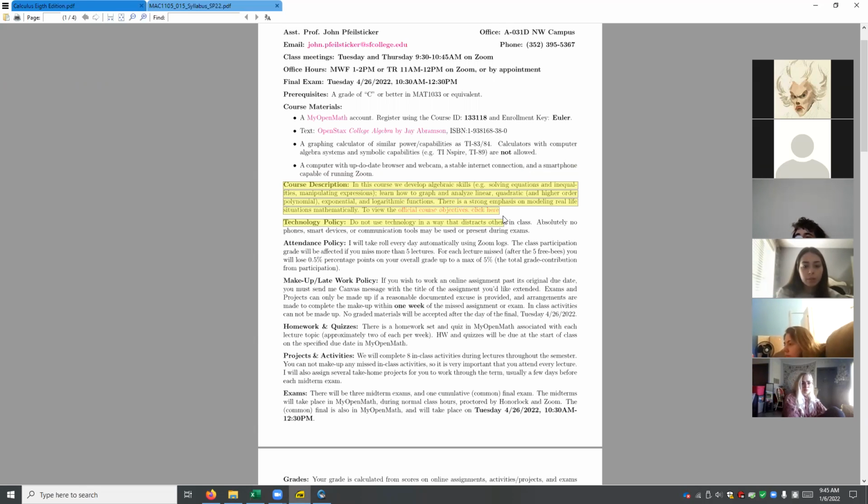Course description, it's an algebra class. We're going to learn algebra, right? We're going to study real numbers and functions of real numbers and applications of those functions. Specifically, I'm going to work on solving equations, manipulating expressions, working with inequalities, playing with these types of functions. So linear functions, graphs are straight lines, quadratic functions, parabolas, polynomials of order higher than 2, like cubic polynomials, quartic polynomials, and so on.